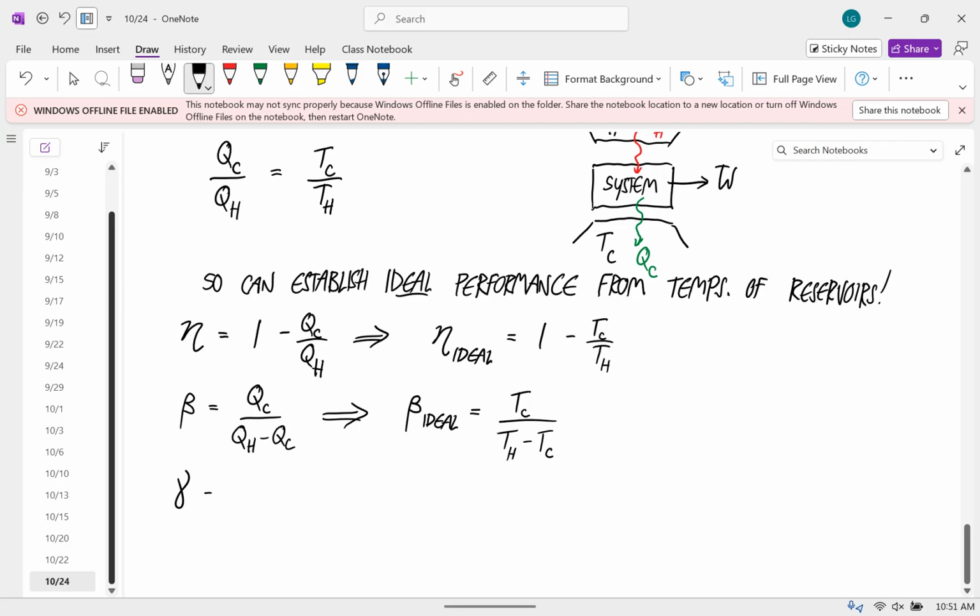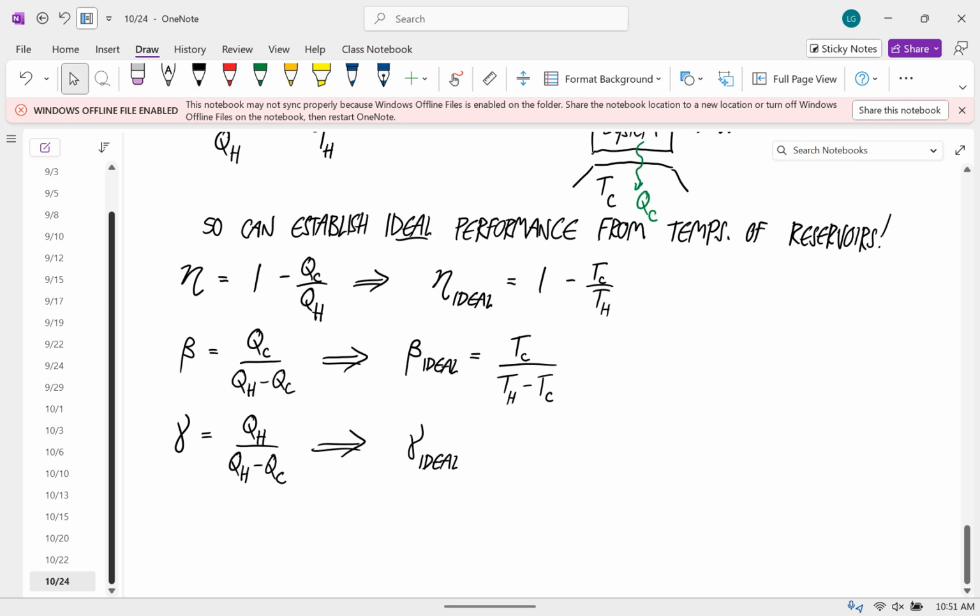And then for a heat pump, the coefficient of performance is defined as QH over QH minus QC. And so the ideal coefficient of performance for a heat pump is TH